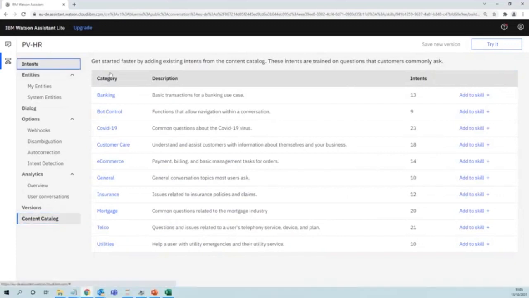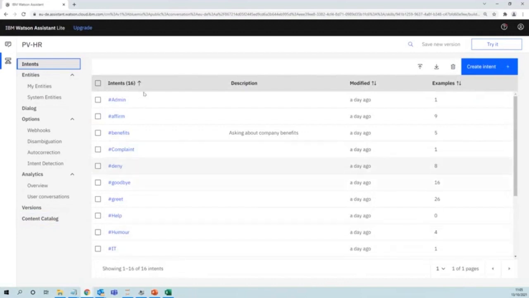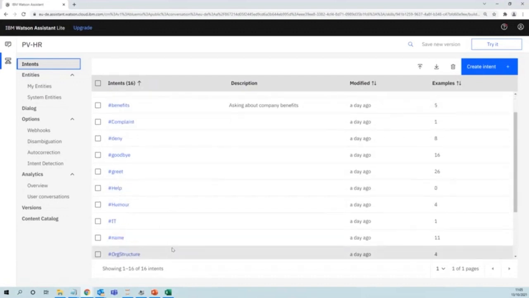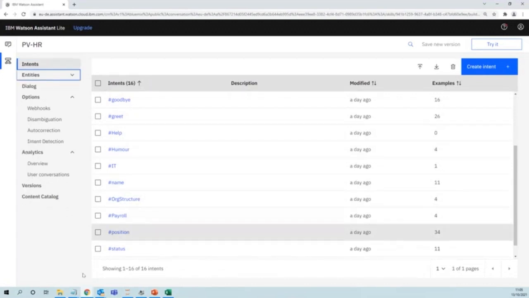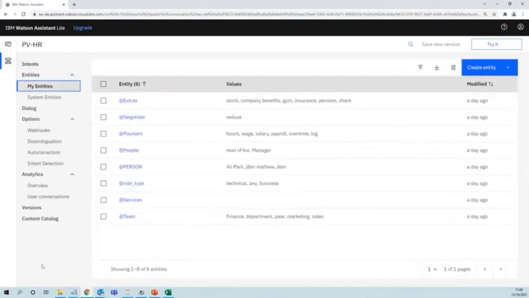So what we've done is created one ourselves here around what is the intent of the user when they interact with this tool. In an HR perspective, is it around, you know, a simple greeting? Is it a complaint? Is it about employee benefits? Is it an admin issue, and so on? Is it about the organizational structure? Is it about payroll? So we've got a number of those, and they get combined with intents here, entities, which